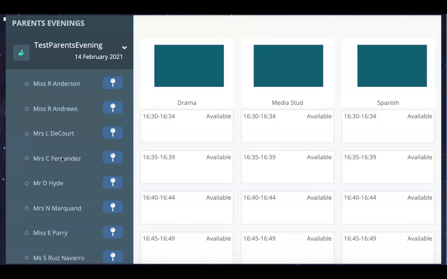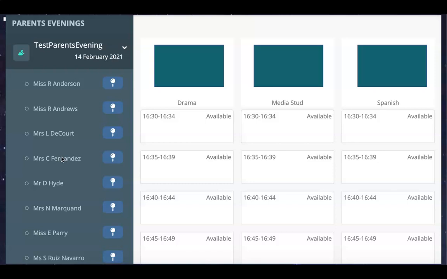When you do click on the button, you'll be presented with all the various teachers and subjects that your son or daughter currently studies. You're able to scroll up and down and left and right and pick the slots that you wish to pick. You can see here that they are set out in 4-minute intervals with a 1-minute transition time between the two. So what I would suggest here is have a look at your schedule, see what appointments that you can make, and what you'll be doing is clicking onto each of those spaces when you'd like to